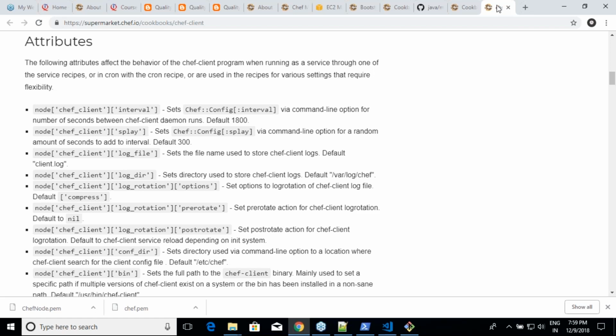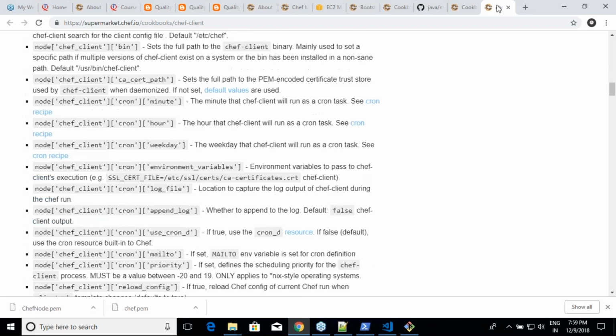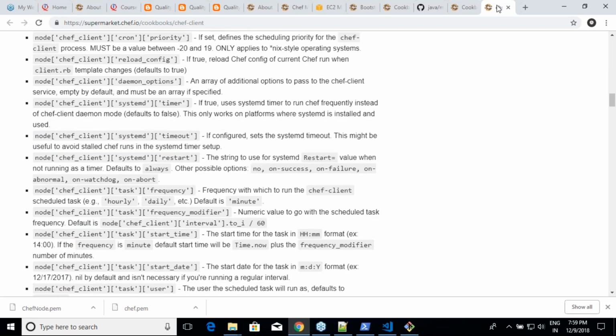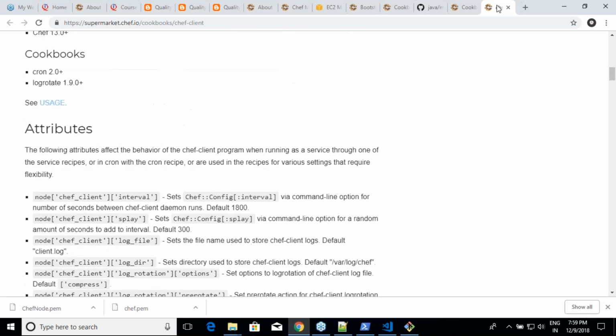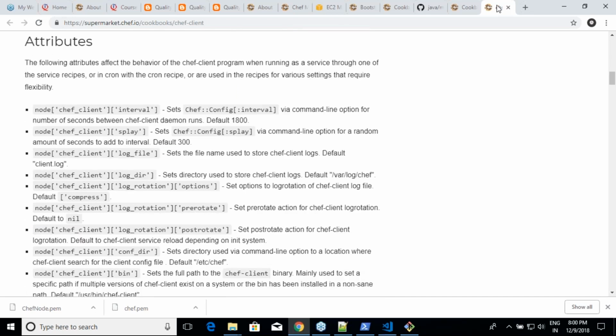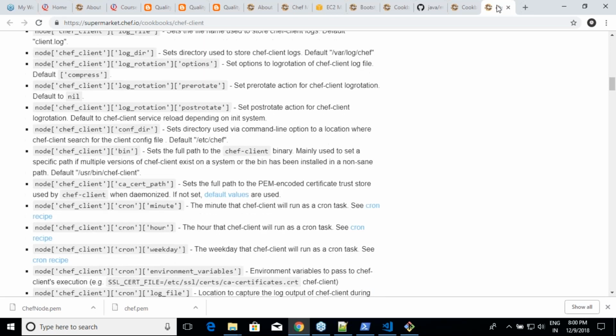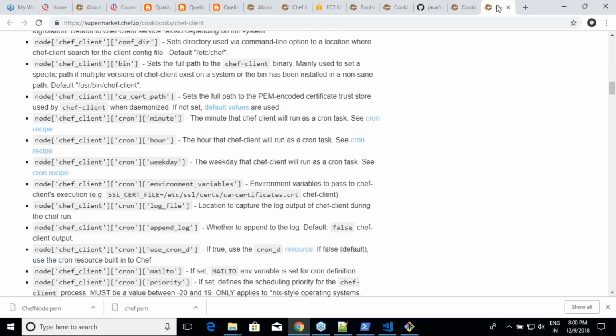I want you to read through this because this will have all the locations which you want. What is the log file path? In Chef, there will be questions on where can you find logs when something goes wrong. Are you seeing something like chef client log directory and log file? How can I change the log rotation times? Are you seeing something with respect to log rotations? When I want to execute some of the chef clients on schedule, how can I do that? Are you seeing cron jobs?